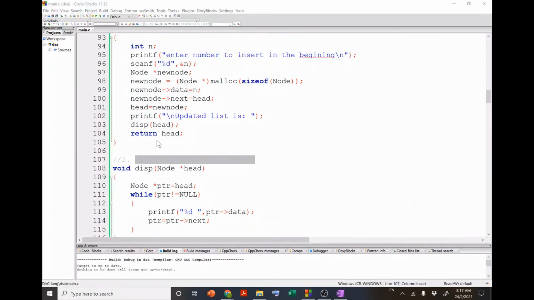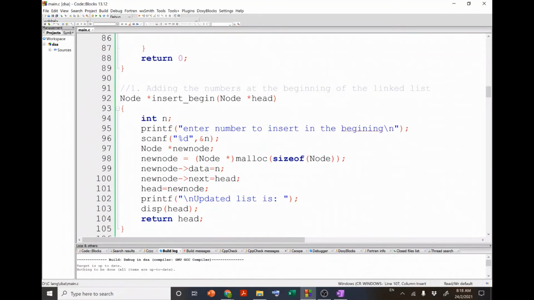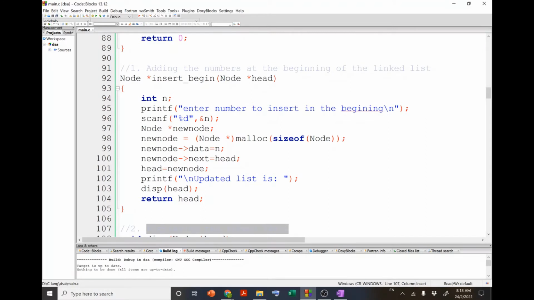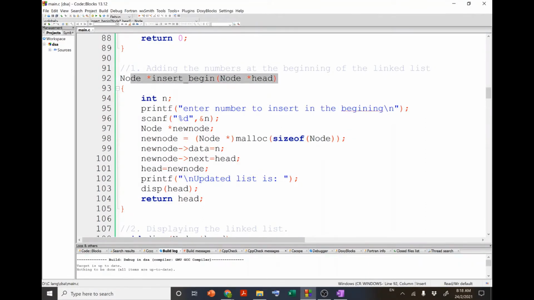Okay, so after this, let me show you how we can write a program for this particular function. Over here you can see whatever I explained to you, I put in the form of code. After declaring the function, I am defining the function over here. Node star is the return data type, then the name of the function, and the input argument.